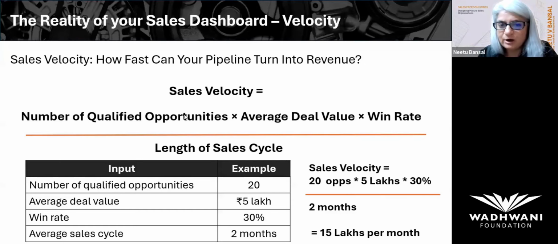So what will you try to improve in this? You can increase the number of qualified opportunities. If from 20, that becomes 40, let's say, that itself will change the 40 into 5, and the 15 lakhs will become 30 lakhs. If you increase the average deal value from 5 lakhs to 7.5 lakhs or 10 lakhs,